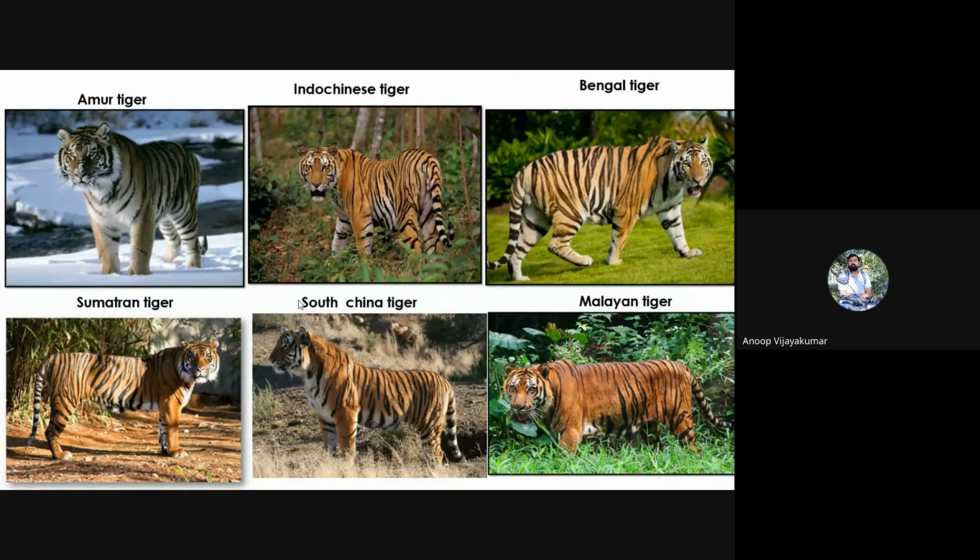And these are the subspecies we have now globally. All of you know which one is ours? The Bengal tiger. I mean ours in the sense, sorry, in India, of course, since we have an international community here today. In India, we have the Bengal tiger, and we have the Amur tiger, which you can see in Russia and the Chinese part. And we have the Indo-Chinese tiger, in captivity and the wild. We believe they are there. And there are the Sumatran, South China tiger, and Malayan tiger. So these are the subspecies.